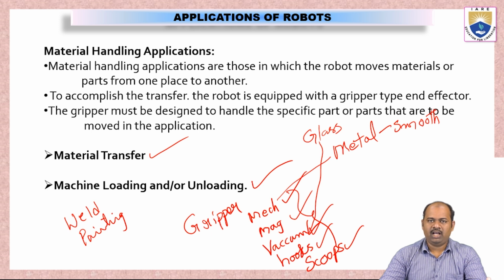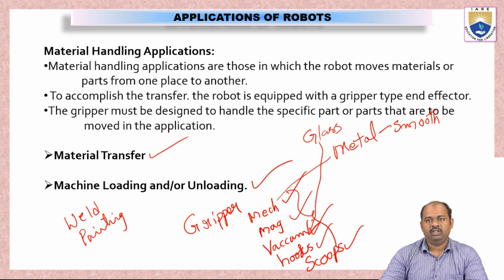I mean, they cannot have proper friction on the object, which is why the object may slip from the mechanical gripper. Or sometimes I have an object which is not magnetic at all. If I am using an aluminum body, where there is no magnetic property in the metal, then I should go for